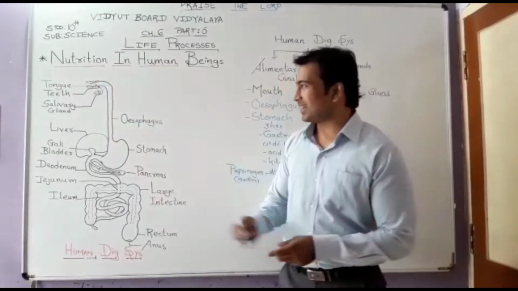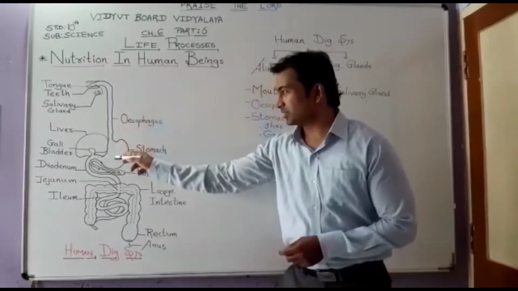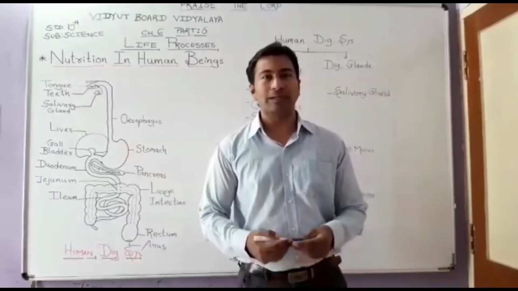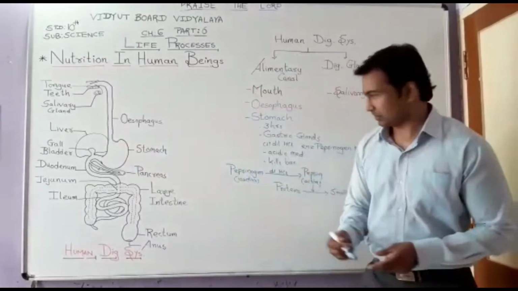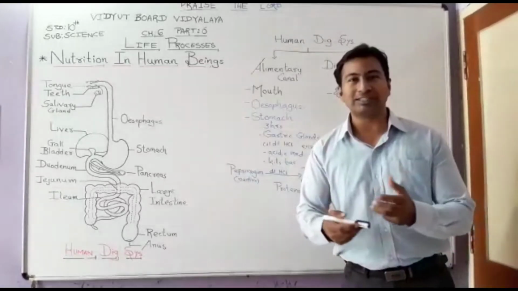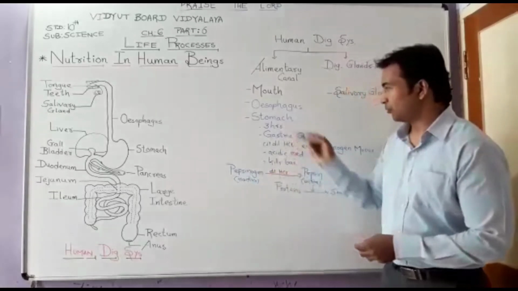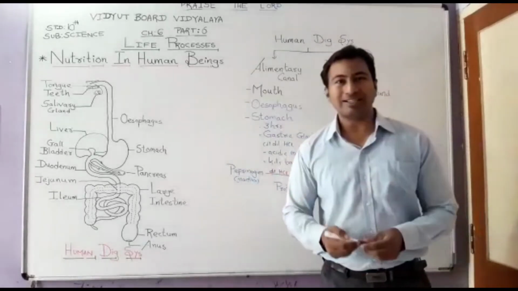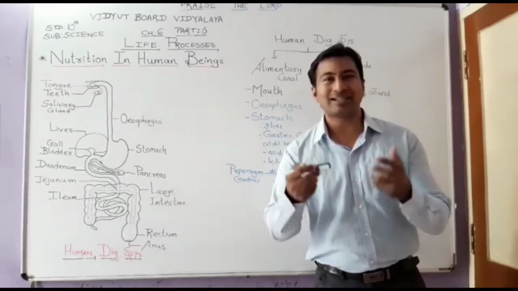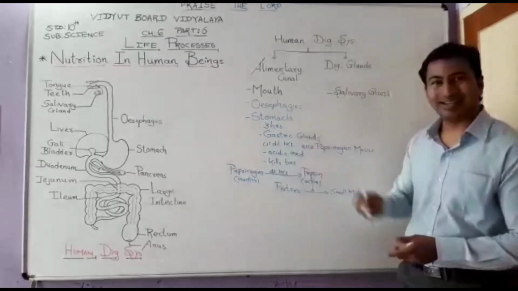Now the partially digested food from the mouth enters the stomach and it is churned properly for nearly 3 hours. So inside the stomach, the proper churning, the proper mixing of the food takes place for about 3 hours. Now inside the stomach, the wall of the stomach has specialized gastric glands, and these gastric glands